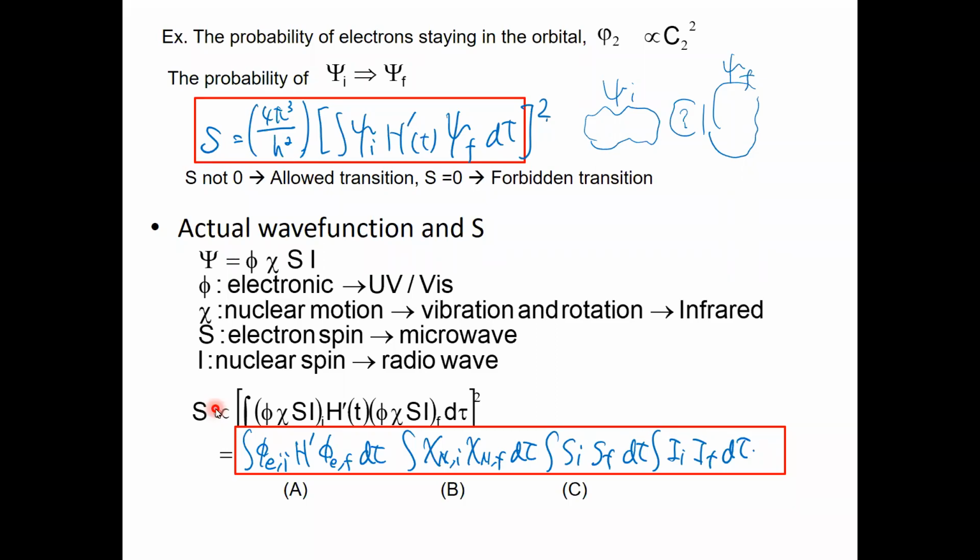Now, what we have to understand is whether this transition integral is going to have some value or not. So meaning that these integrals are going to have some value or not. We can divide each term and think about whether each term is going to have some value or not. Okay, so let's start from the easy one, which is the spin